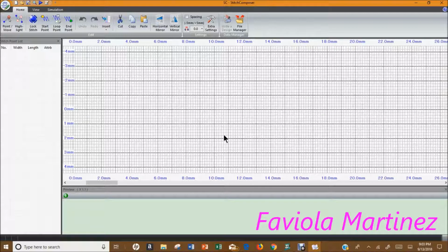But for right now, I would like for you to go back to your computer, open up your Stitch Composer program, and just look at all of those buttons that I just showed you on your own program. And I'll be back